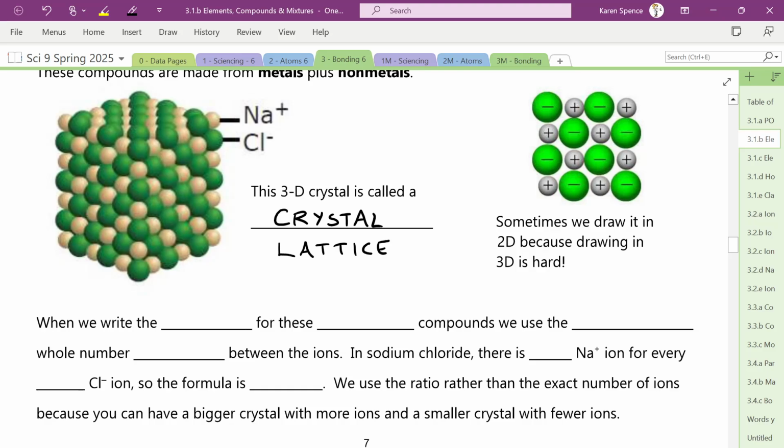When we write the formula for these ionic compounds,